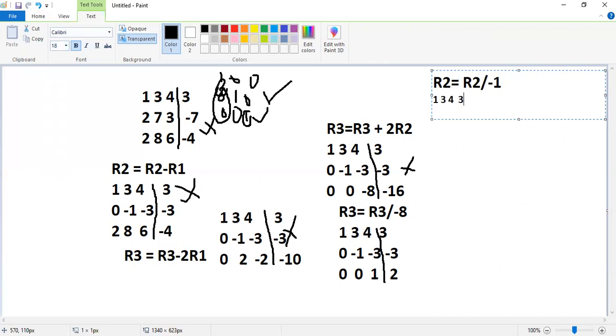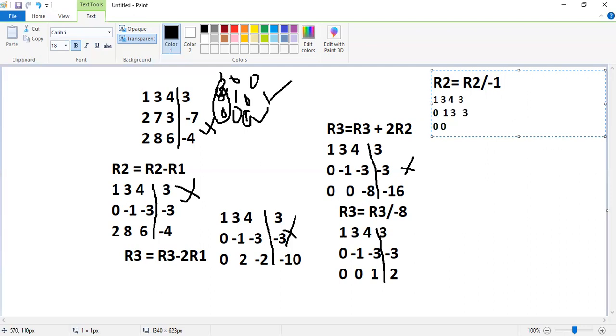Row 1 will still be the same because we're not working on row 1 for now. Then row 2 becomes, since we are dividing by -1, 0 divided by -1 is the same as 0. -1 divided by -1 will give us 1. -3 divided by -1 will give us 3. -3 divided by -1 will give us 3. Then we'll bring our row